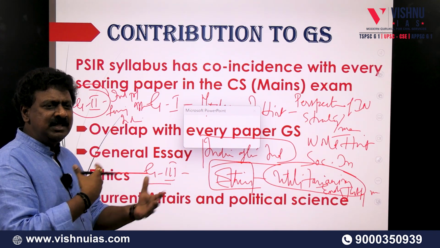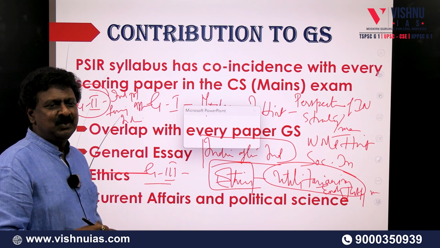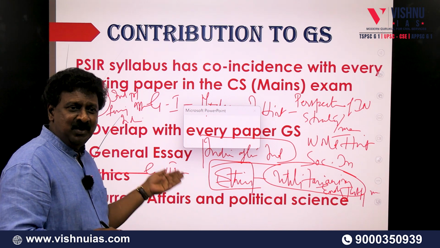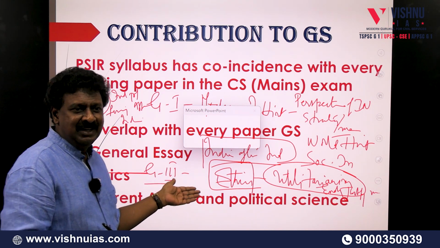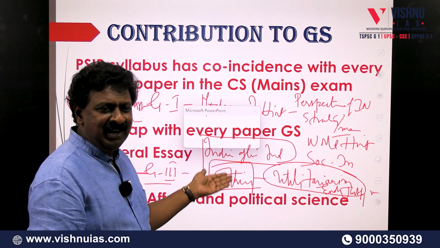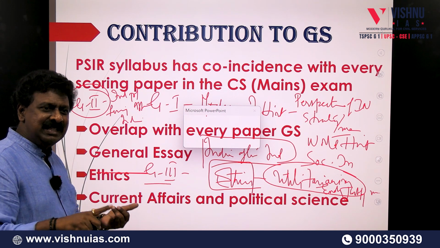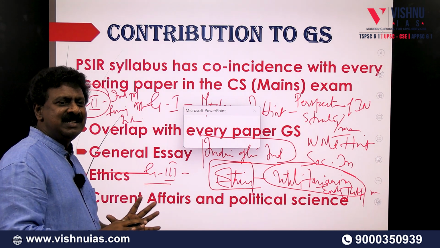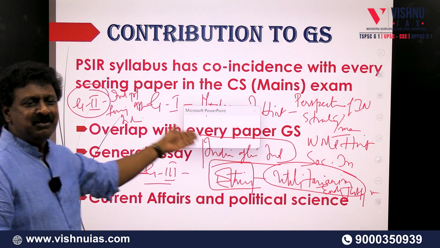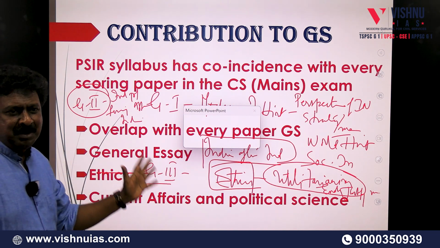Many such concepts that you study as a part of your ethics are also covered within political science. And thinkers, right? For example, we have Kautilya, Machiavelli, Gandhi. A lot of thinkers that we study as a part of ethics are also covered in your political science. All three thinkers are covered in political science. You study about utilitarianism and Bentham as a part of your political science syllabus. So political science has relevance even in the ethics paper as well.